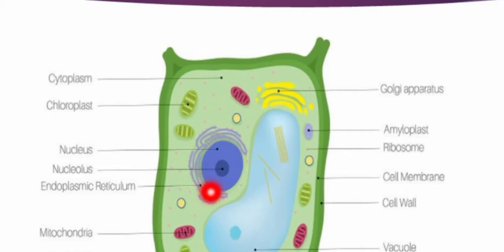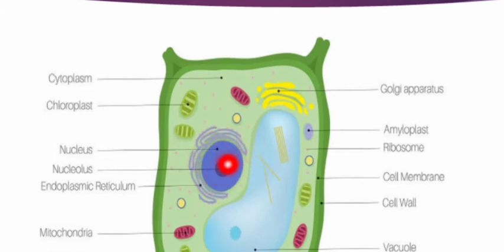The nucleus is separated from the cytoplasm by the nuclear membrane. Once again, the nucleus is spherical in shape. It has two functions. One is that it controls the center of the cell. Another is that it carries the genes, the characters from the parents to the offspring. Inside the nucleus, there is a small spherical structure called the nucleolus. Around the nucleus, there is the membrane called the nuclear membrane.